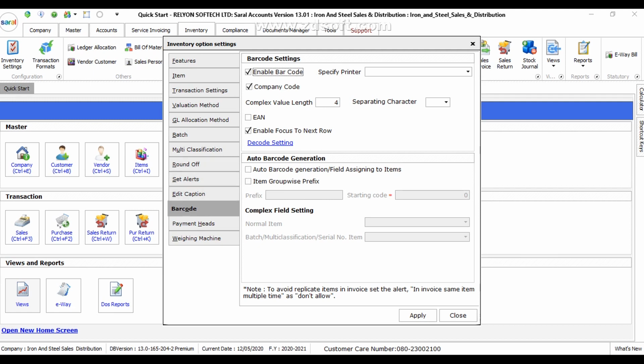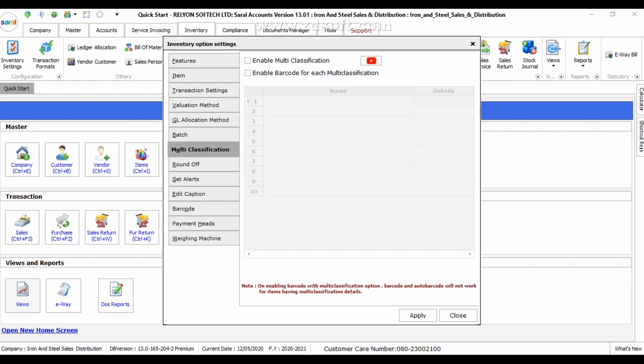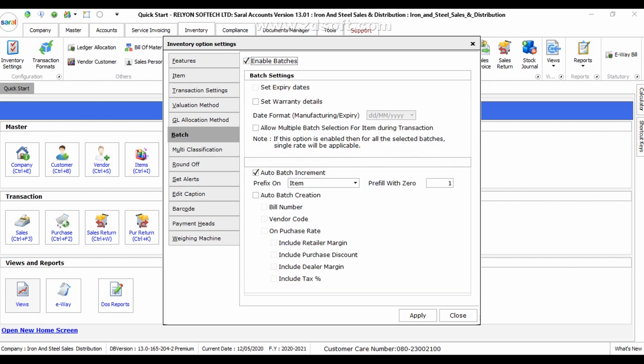We can enable and use the barcode. Similarly, we have provided multi classification, which is also used in the garment and other retail verticals. Similarly, another feature is batch. This feature is also used in the retail sector for making different batches according to their purchase date or purchase value.